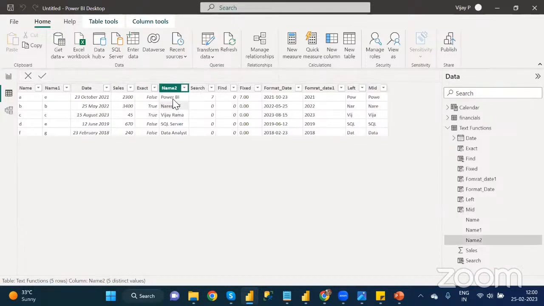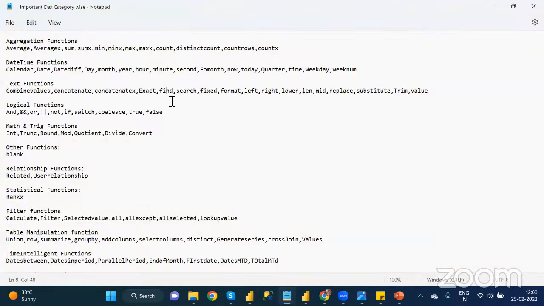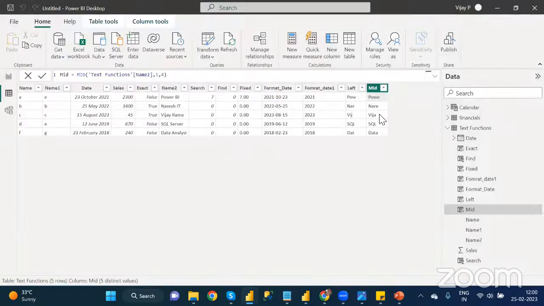See here in this one. So what is there? From the first character up to 4 characters, from the left side onwards, it will be displayed. Understand? Next one is